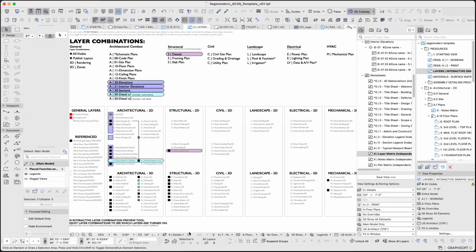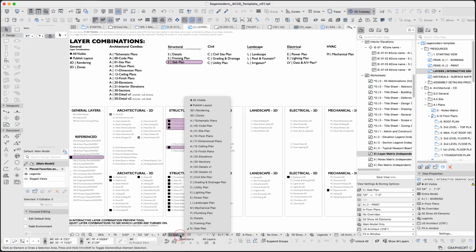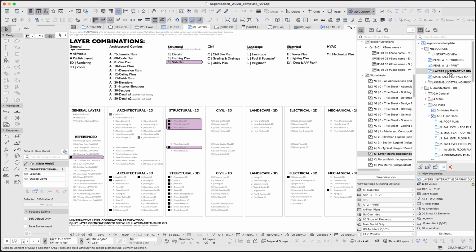So you'll have structural details, a framing plan, and then a slab plan for things like hold downs. So that's the purpose of those, and that's why they're in there. And then also the next worksheet down,